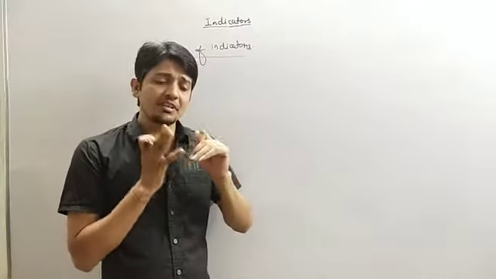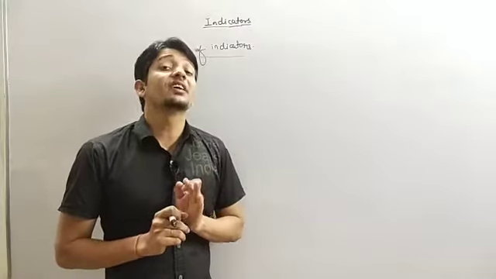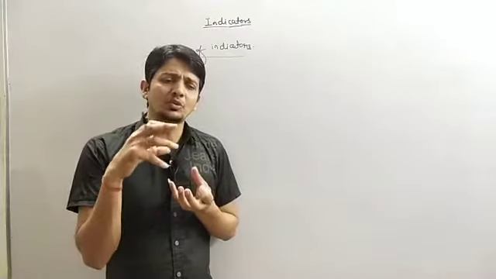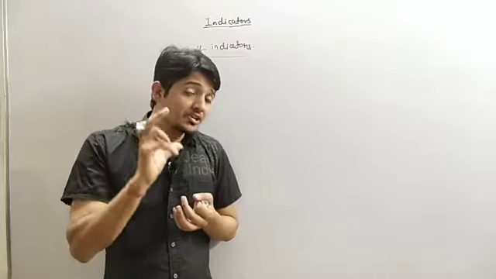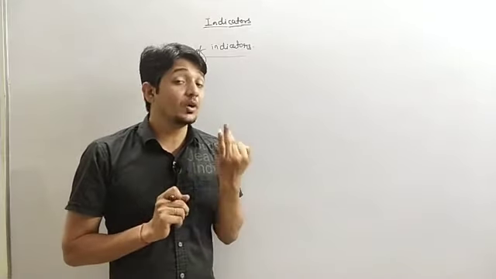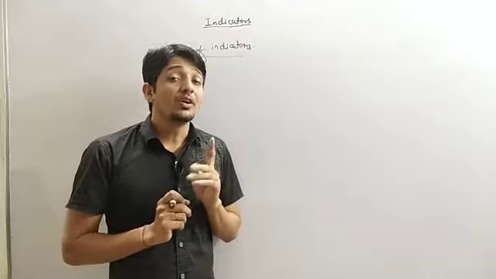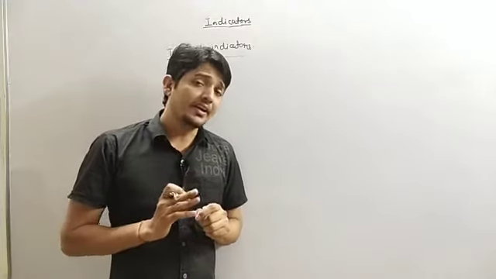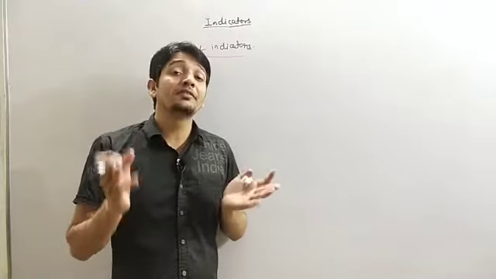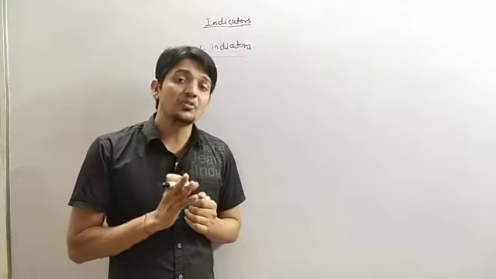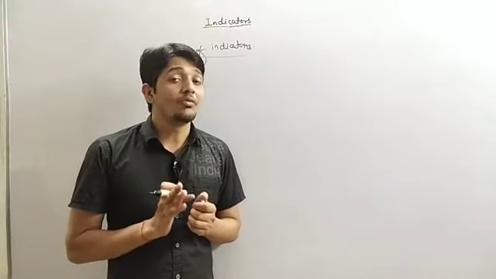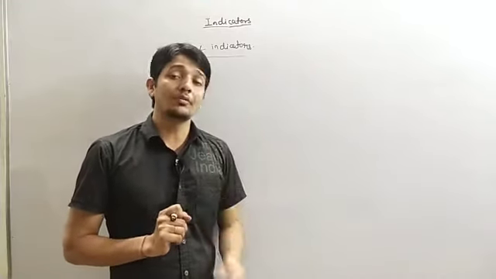If we mix several indicators together, such indicators are called universal indicators. Like if we mix 2, 3, 4 types of indicators, then the mixture of several indicators is called a universal indicator. So this is our third type. And the fourth type is olfactory indicators. Olfactory indicators are substances that produce different fragrances when added to an acid or base. On the basis of the fragrance, we can identify the nature of the substance, and such substances are called olfactory indicators. So we have four main types of indicators.